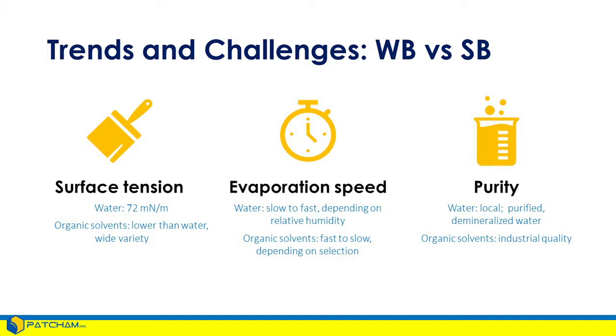So at the end of the day, when the temperature is dropping and the humidity is high, waterborne coatings are very, very slow to dry. So if you're unfortunate enough to apply your waterborne paint in the evening, when the humidity is very high, and at night it rains, your paint may not have formed a film that's resistant enough to being washed off by the rain.